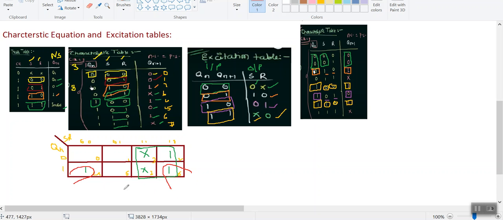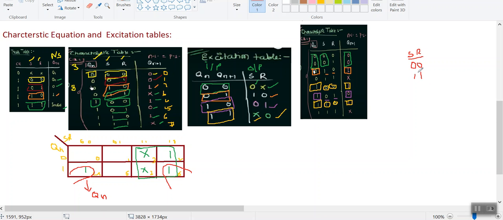So for this pair I would like to have my expression. In this particular row we can observe that my Qn value is 1, which is kept constant. Therefore I will have my expression as Qn. Along with this we have two columns also. How do you check those two columns? My first column is 00 and my last column is 11. Here my variables are S and R. So just check it out.